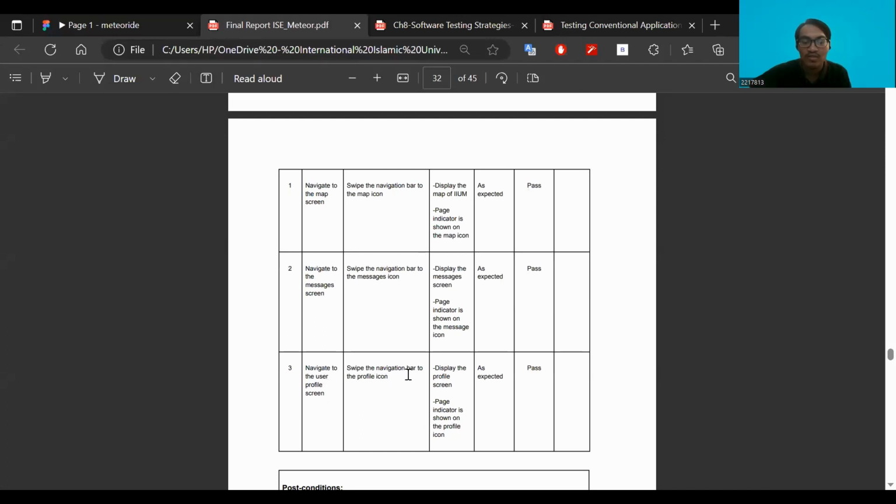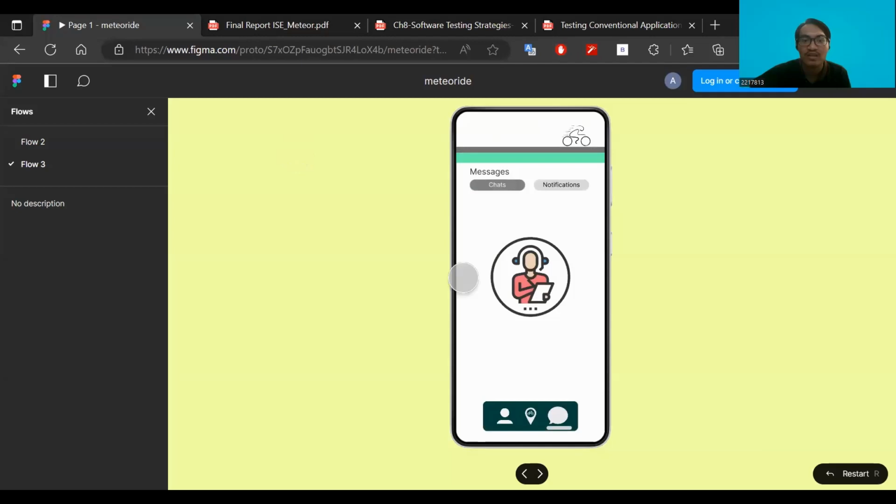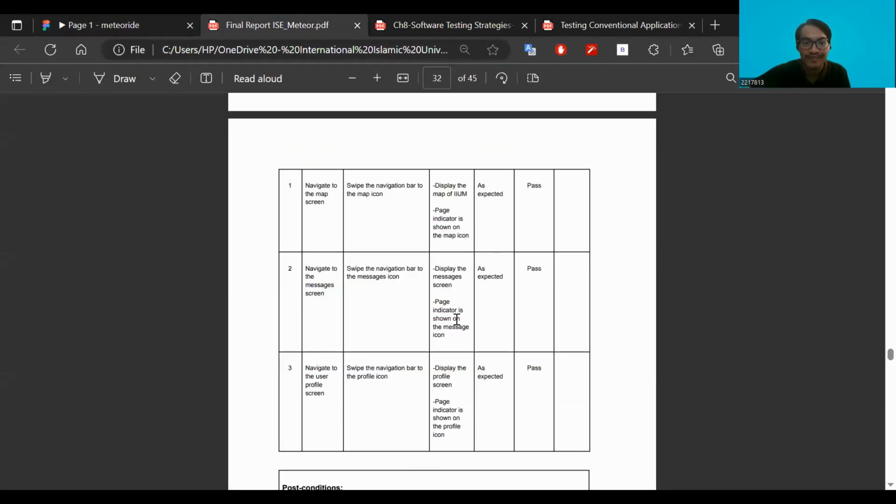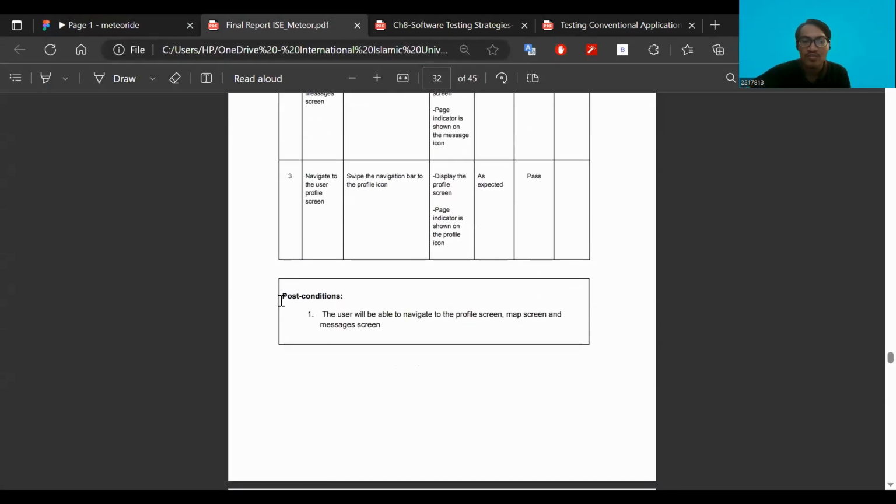So we just swipe the navigation bar to the profile icon, and we display the profile screen. So here is the profile icon. We swipe it there. Here is the account screen. So the post condition is the user will be able to navigate to the profile screen and messages screen.